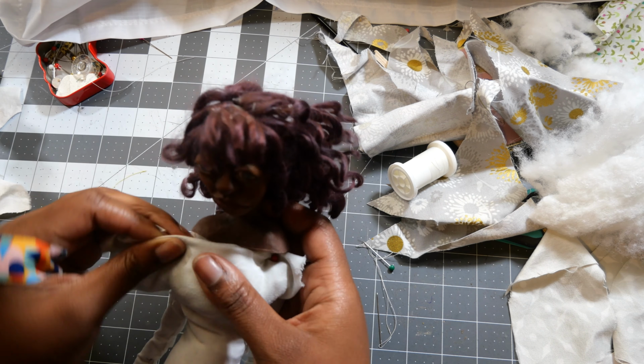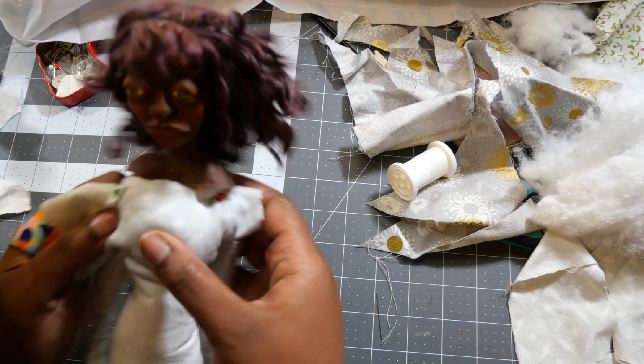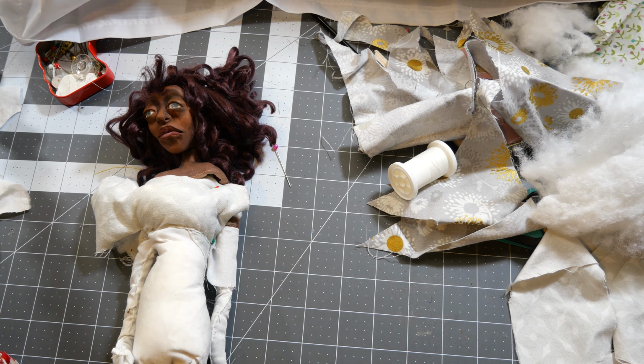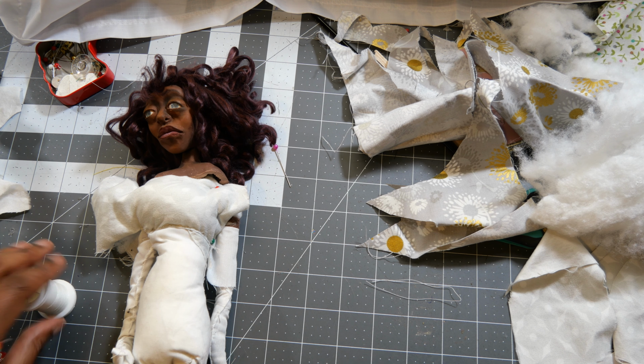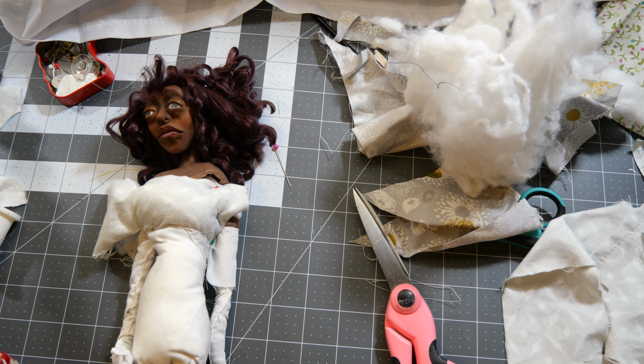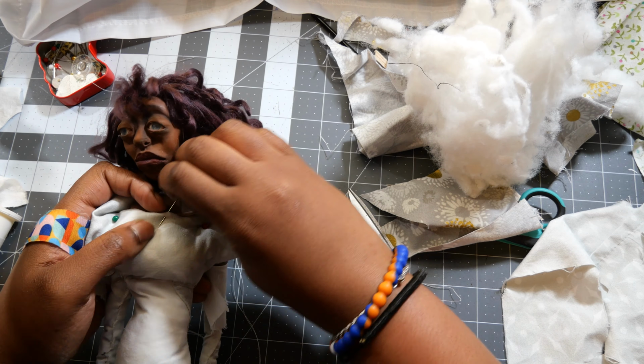Yeah, I did do a lot of fiddling here, trying to figure out how I would sew this down, because I wanted a clean look, but it didn't really turn out like that. But I don't think that was the point of this. The real point of doing all of this was to ensure that she actually got finished. That was the theme of this content, to make sure that she finally got finished and that I could finally use her in some proper